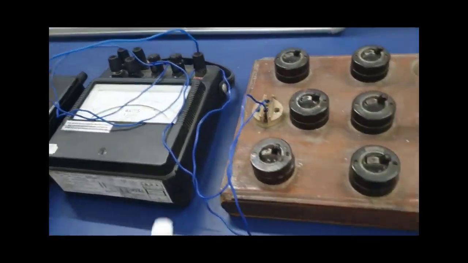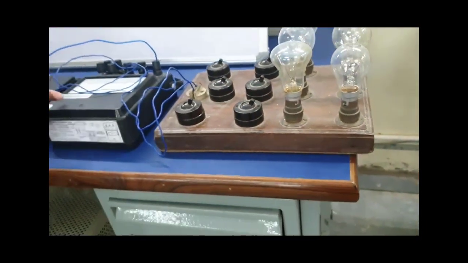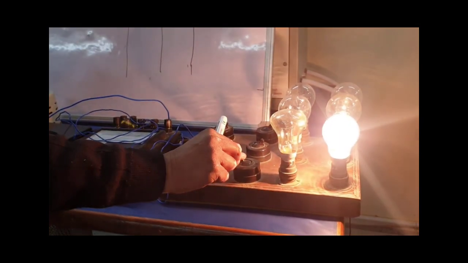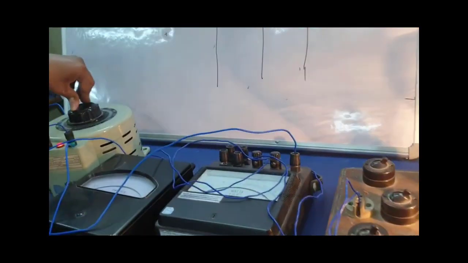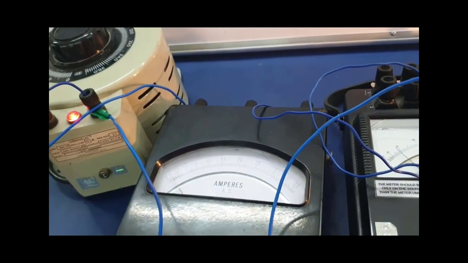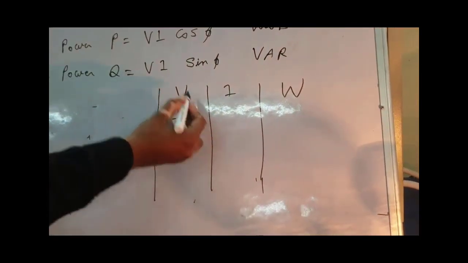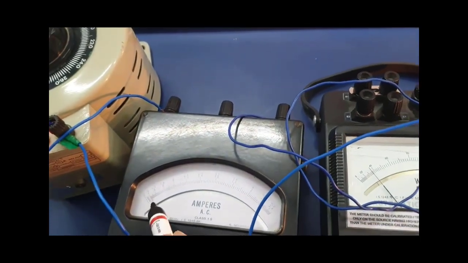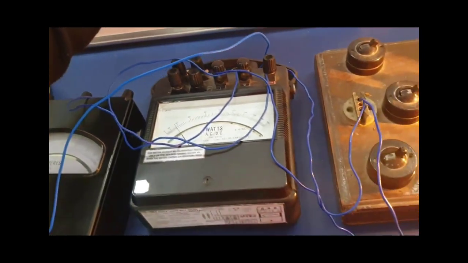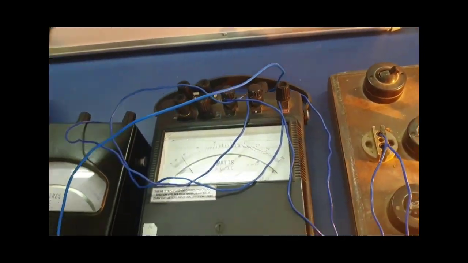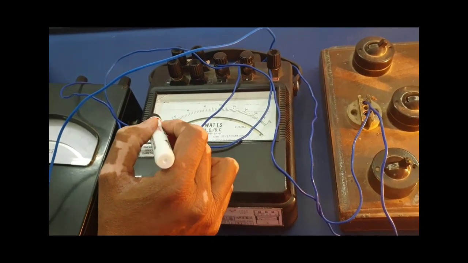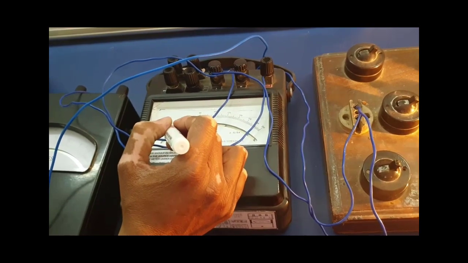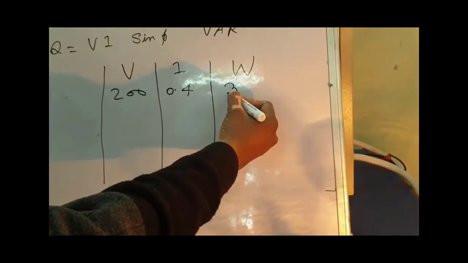Second, one by one we switch on the bulbs, and with the help of the wattmeter we see how much power is consumed by one bulb. So we switch on, and in that condition take the observation. The voltmeter reading is 200. The current reading, you will observe on the lower scale 2.5 ampere, is approximately 0.4 ampere, and the wattmeter reading is 38.